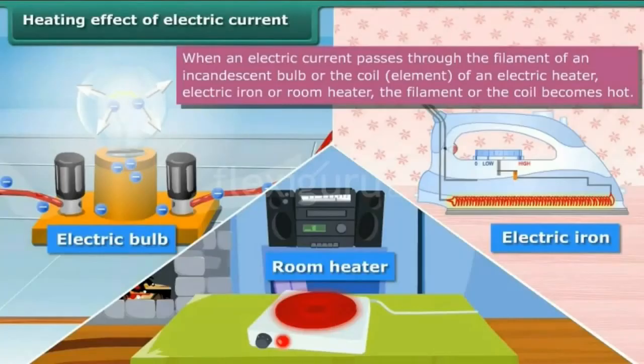Here all things that you see like an electrical iron, a room heater, an electric bulb also, you must have noticed. When we touch the bulb, we feel it is warm, right? You must have seen when you go to a farsan shop, that the farsan vendors put a bulb over the wafers and chivda.